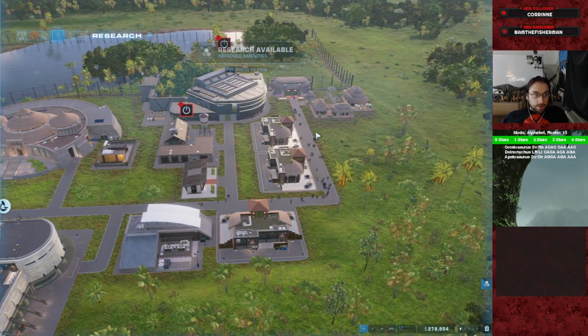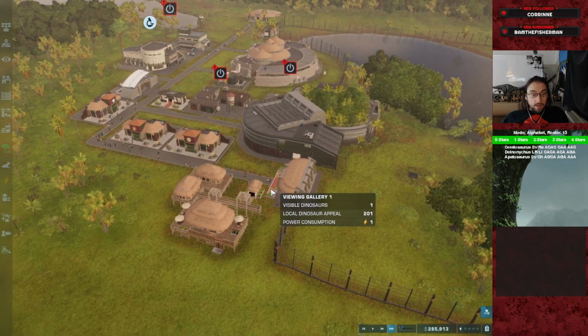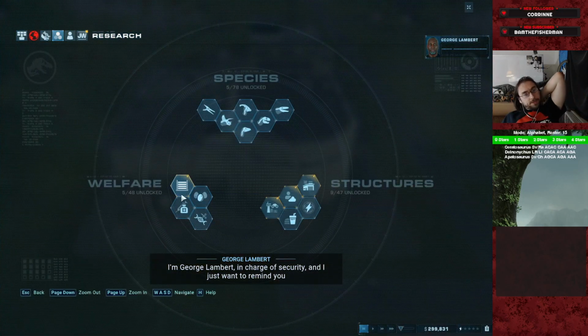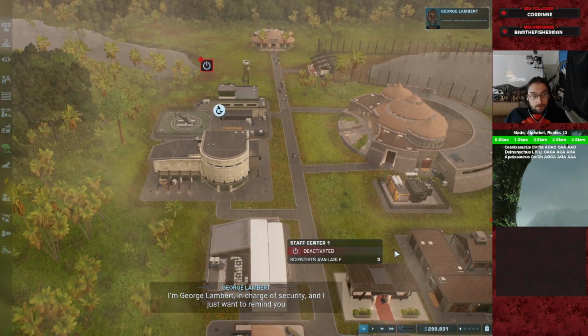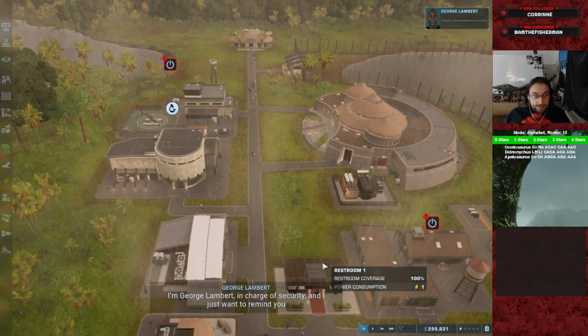Okay. Hotel built. Research available for improved amenity. That is triggered by what? Guest numbers or something? Because we're not at 1 star. I guess the other consideration is we wait on Cerato as well to not push to 2 stars. Appeal 2%. Actually, without putting in more amenities, we probably can do a second Cerato safely. But if we're not pushing more amenities, what's the point? We're basically capped on income, essentially. I mean, these are all at max. We get more ticket sales or whatever, I suppose, but...